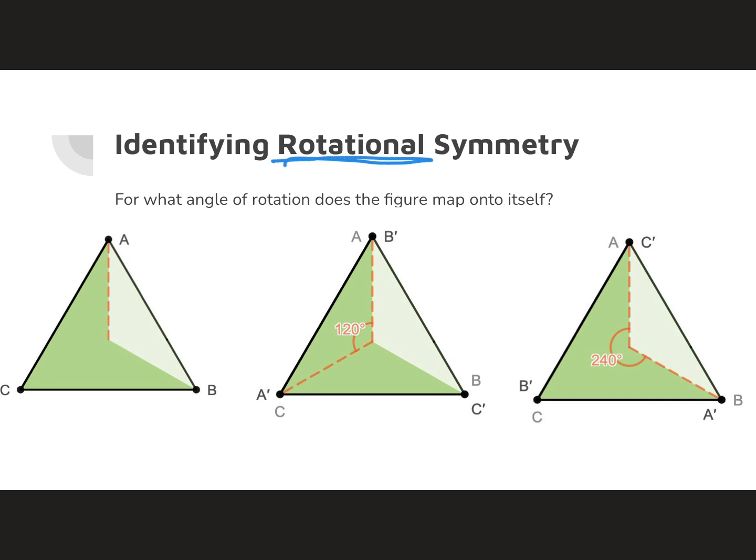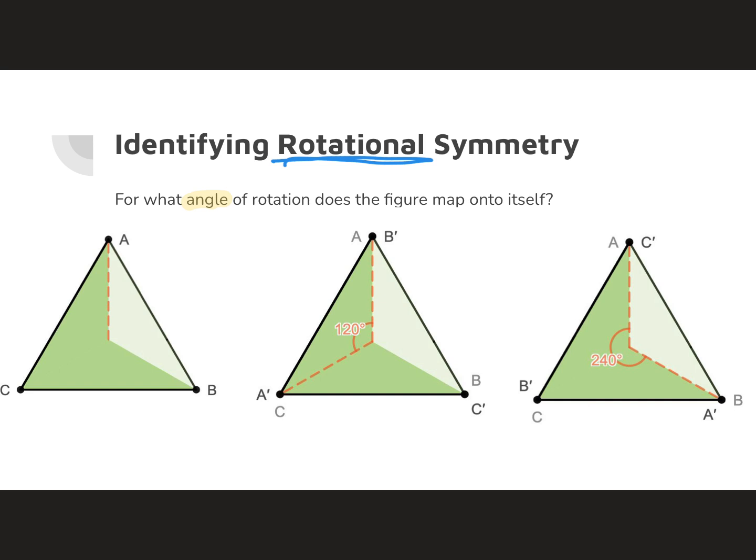So now let's talk about how we identify rotational symmetry. So the question here is, for what angle of rotation does the figure map onto itself? So I've got this one, and I'm sort of showing you 3 pictures. You'll notice over here, here's A, B, and C. If I rotate it 120 degrees, that's this down to here. Notice it looks like the exact same picture, except now A is down here, C is over here, and B is up here. And I can rotate it another 120 degrees to get